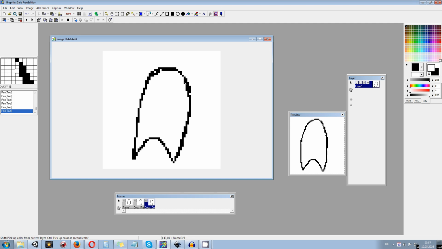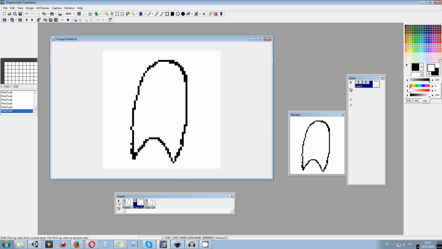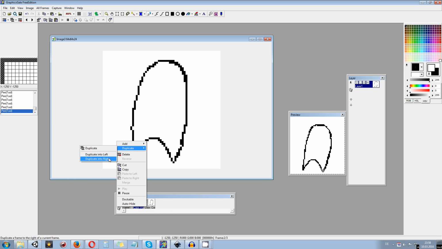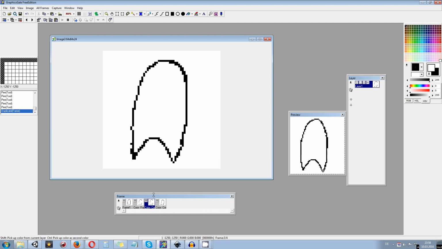Once we are done with that, don't be too precise. We will do the precise stuff later on in Inkscape. What we do is we go to the second frame and select the arrow again and duplicate this to the right again. Press OK. And now we drag this one onto the last one we just painted. Now you can see it's kind of flamish already, just in the right direction,